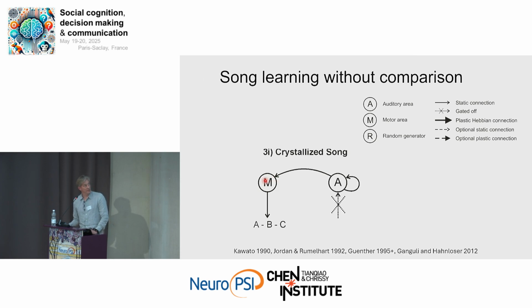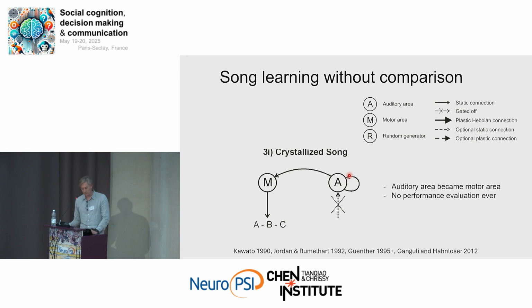And then, if this works, then in theory, the bird would just have to recall the auditory memory, feed it into the inverse model, and out comes the motor program for the song ABC. Right? So this is a theoretical model, and the auditory area has now become a motor area, for which there's actually evidence in HVC. And there was no performance evaluation ever, because either the feedback was off and the memory was on, or vice versa.